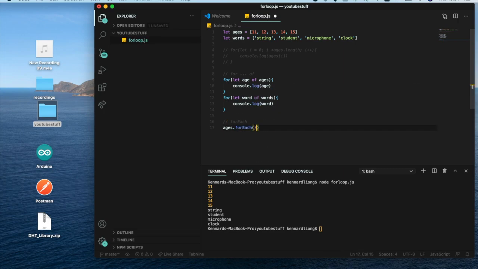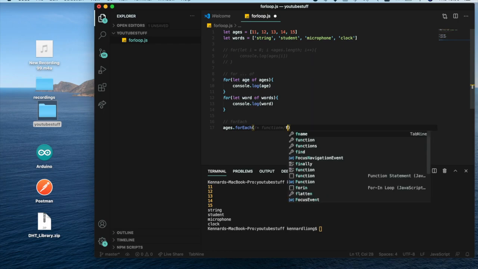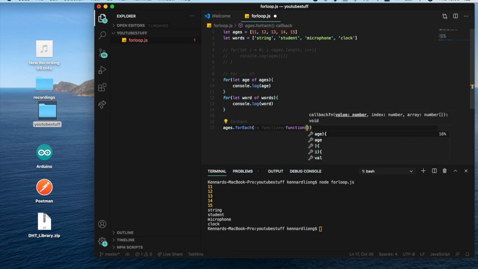I'm just going to comment this so it's a bit easier for you guys to see. It takes up a function, right? And for example, we want to do for each age, and I'm going to call the variable age as well, the iterable variable, function age, and normal function syntax with these curly braces. And we're going to do console.log age,